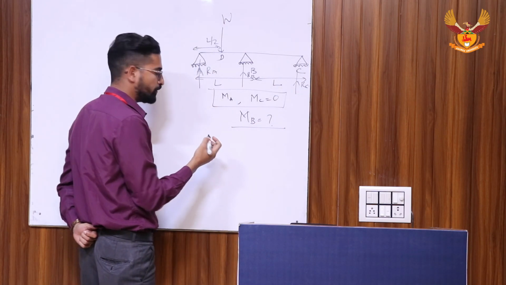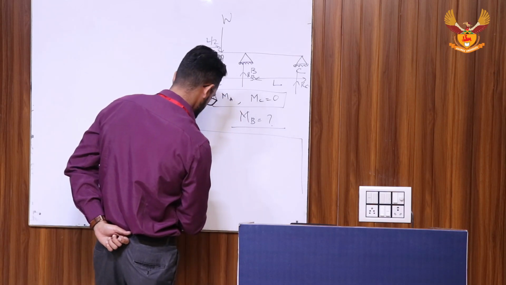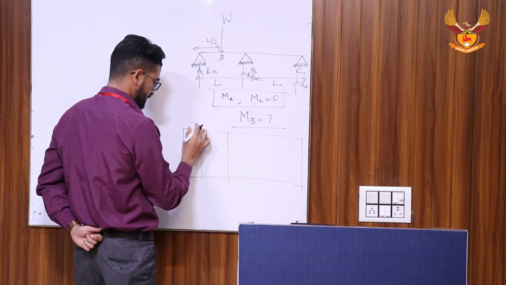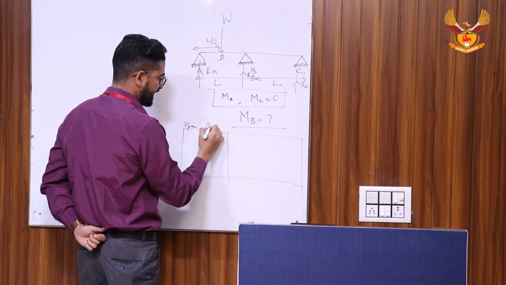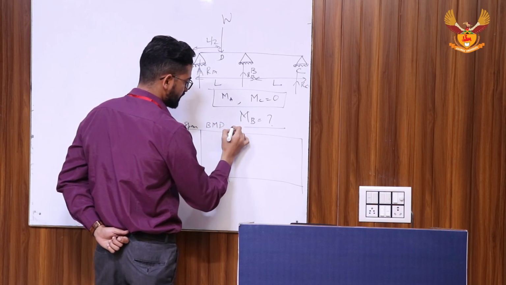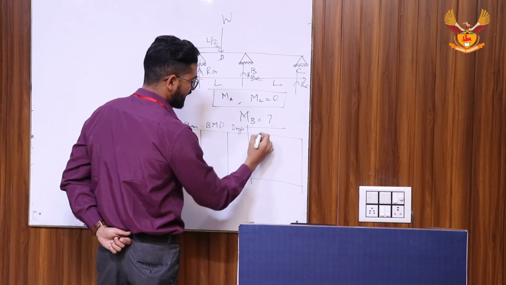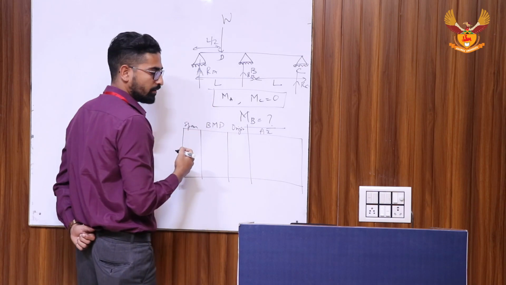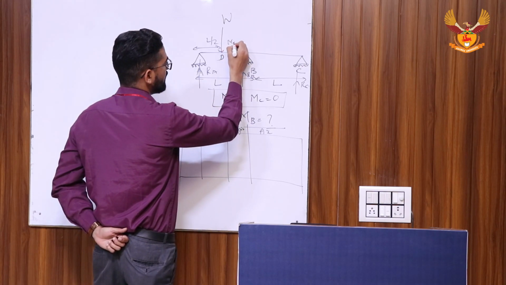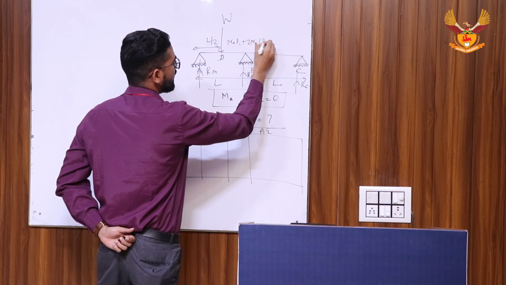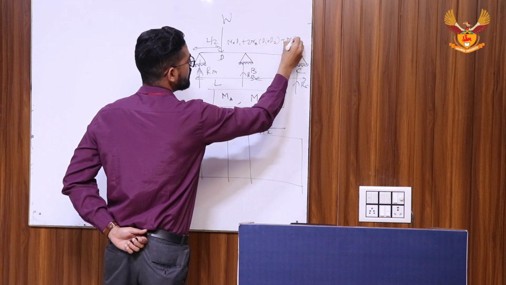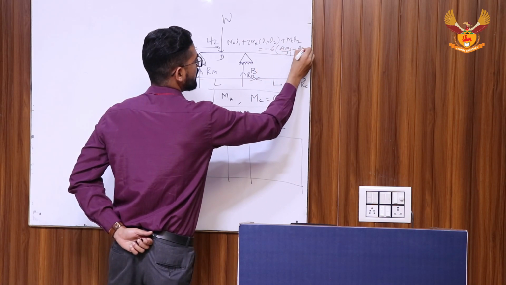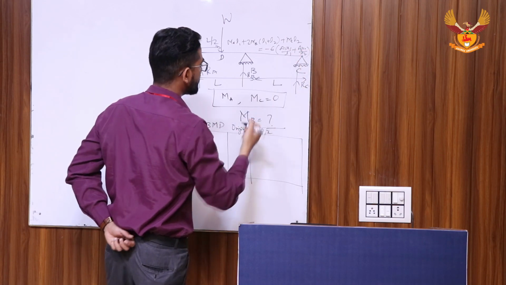Now I am applying the three moment theorem. For that, a table is required. These are the columns: span, bending moment diagram, origin, and last is A X bar. Why do we require A X bar? Because the formula for the three moment theorem is MA L1 plus 2MB (L1 plus L2) plus MC L2 equals minus 6 (A1 X1 by L1 plus A2 X2 by L2). So this is the basic equation of the three moment theorem.